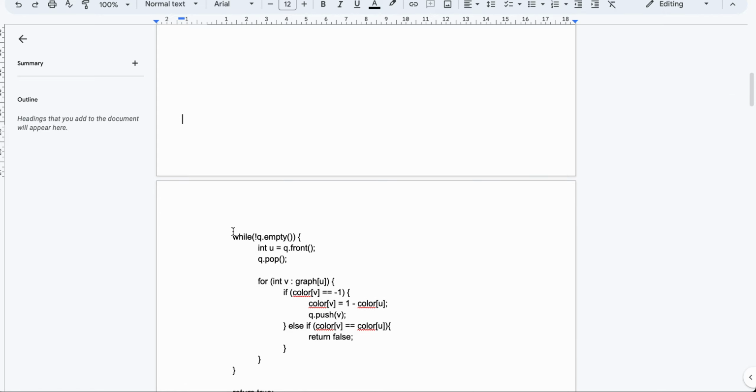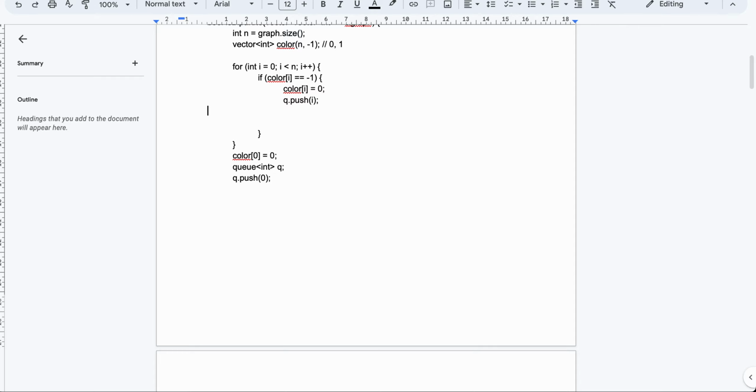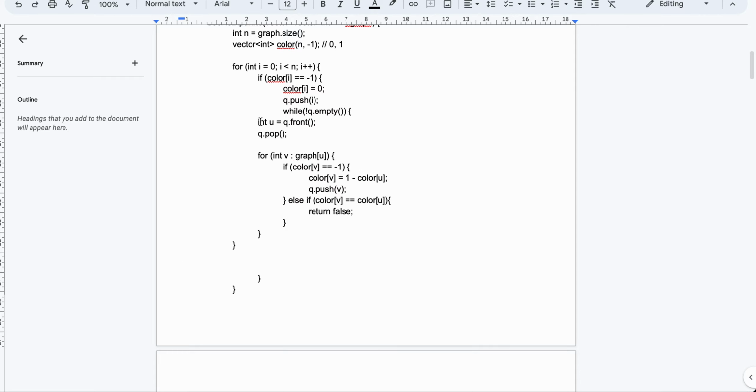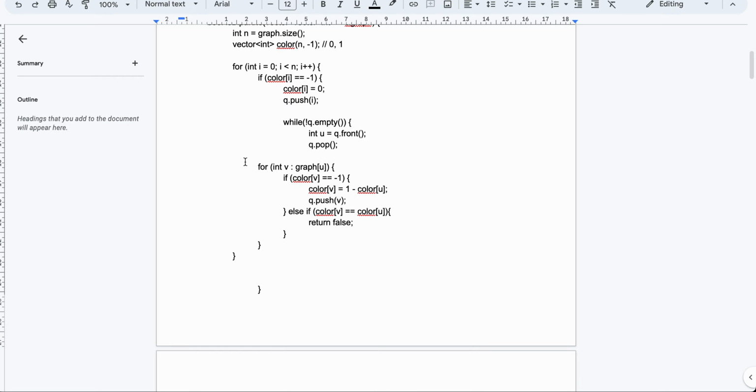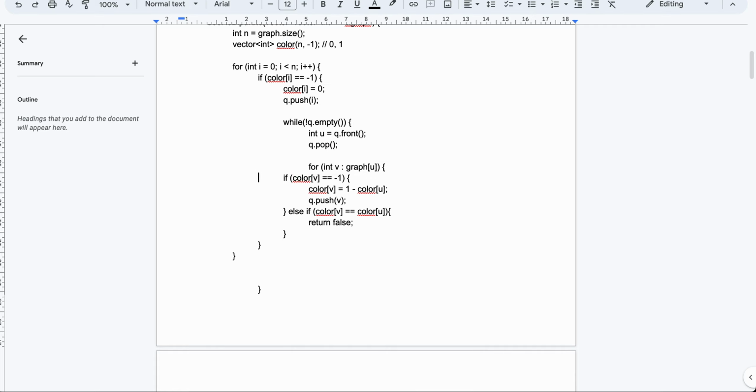Then so while queue is not empty, so push the i, and while queue is not empty, go to the locations, mark it as